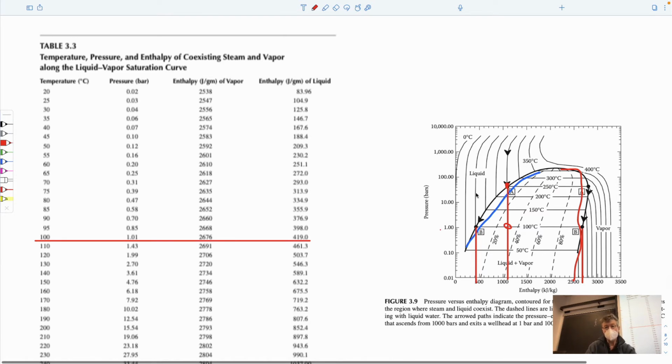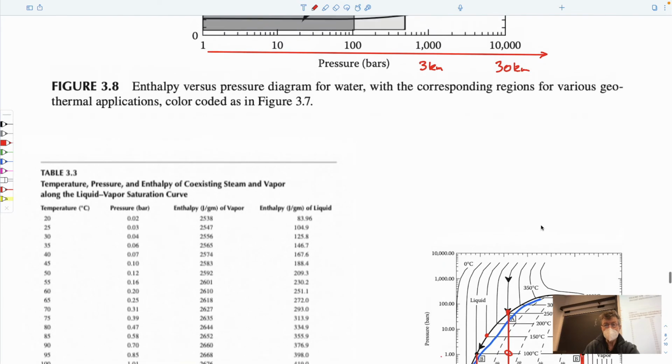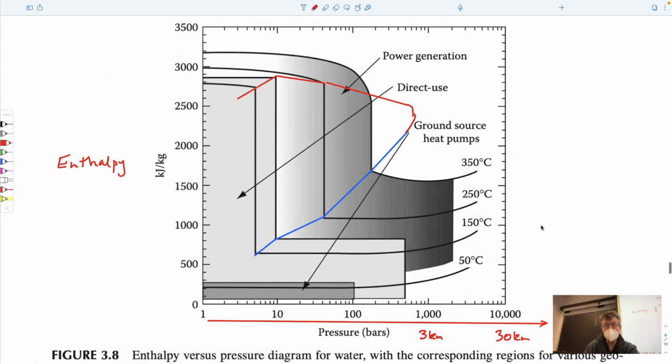So all this region here is liquid water. All this region is 100% vapor. And the transition region, as you go across at constant pressure and temperature, is the transition from 100% water to 100% steam. And so if we look at the behaviors of water in the regimes that we're talking about in terms of temperatures and pressures, which were on the previous diagram, but it's just plotted in a different way as a function of enthalpy, then this represents the transit across at